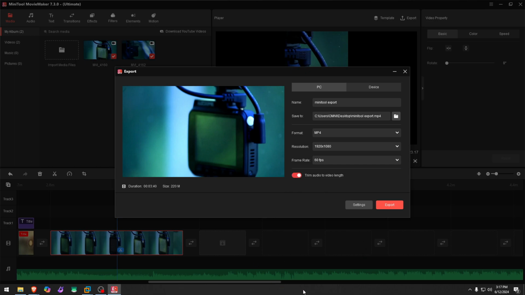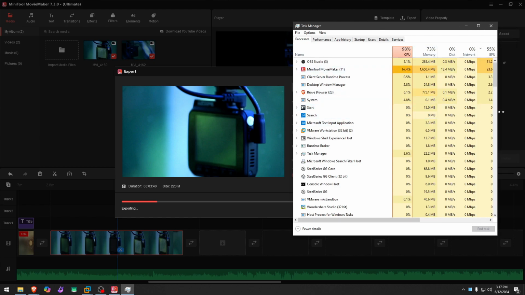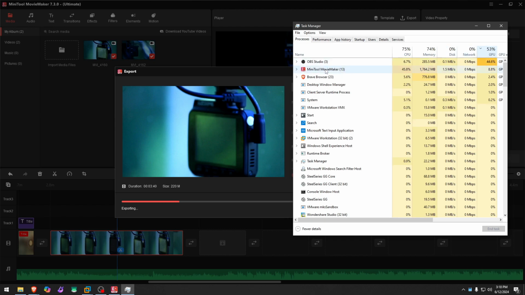And you can trim the audio to the video length. So as you see here, we have more audio than film, and I'm going to trim it automatically. And the size seems to be 220 megabytes, or otherwise you can export to a device if you have it connected, or the style. I'm gonna leave it MP4, and let's see how it exports. And let me put the sources here. So it's doing mostly on CPU somehow, GPU. Yep, I have OBS open too, so it's not the software alone, but it looks like most of this video export is being done on the CPU side with MiniTool Movie Maker, and a small percentage of it